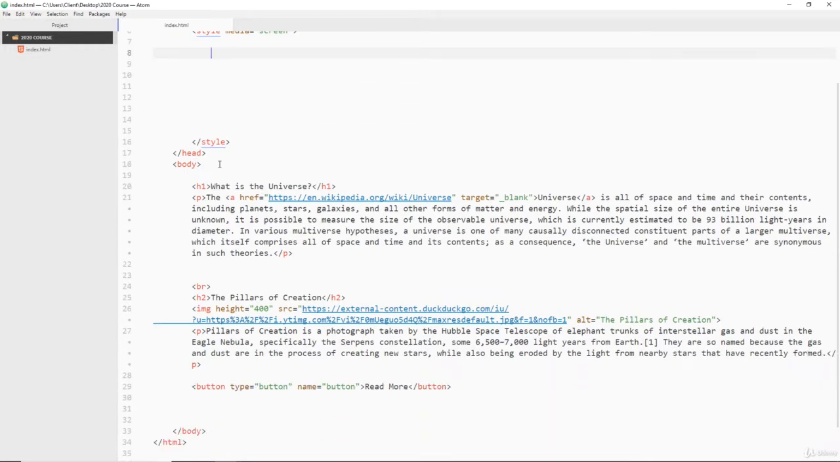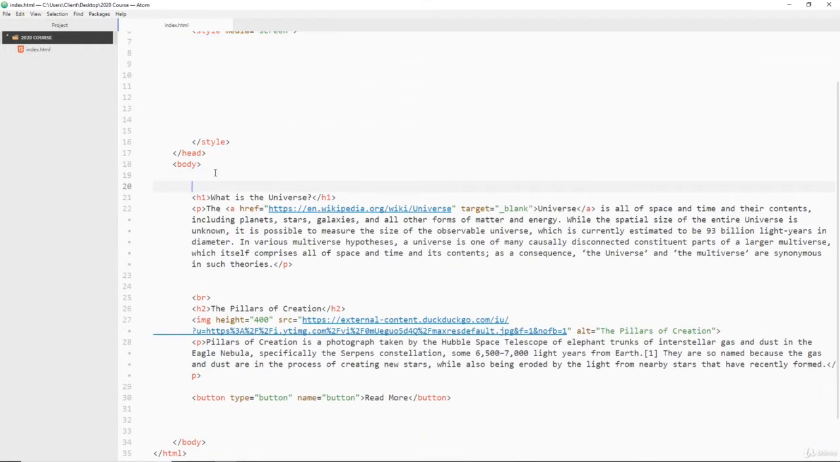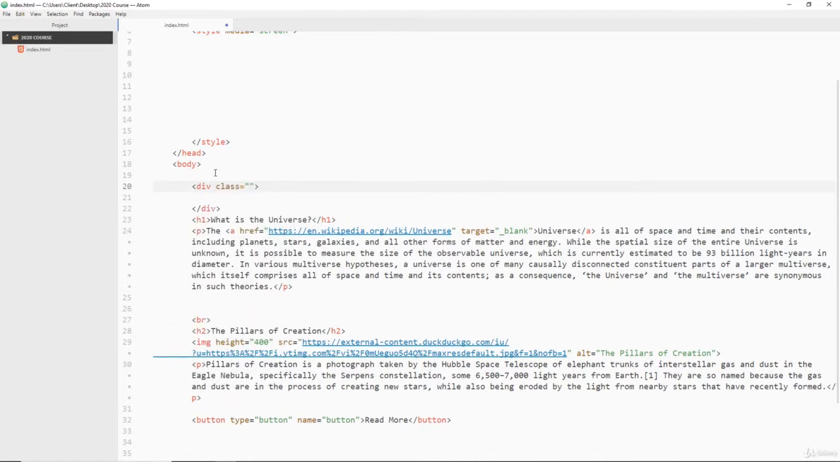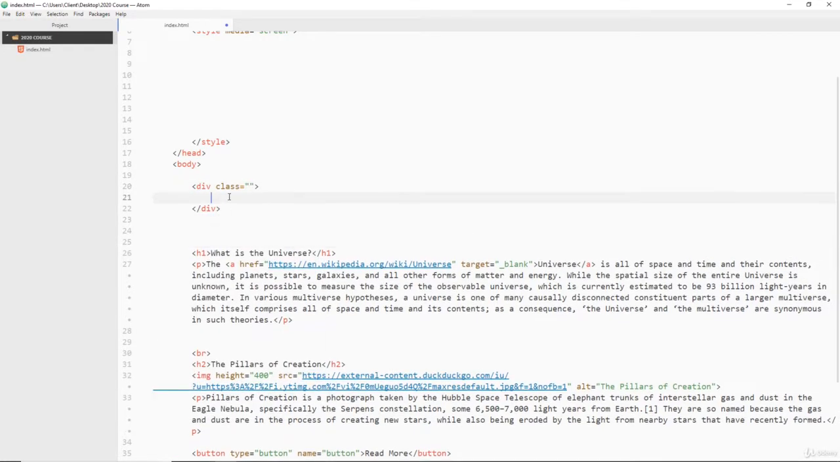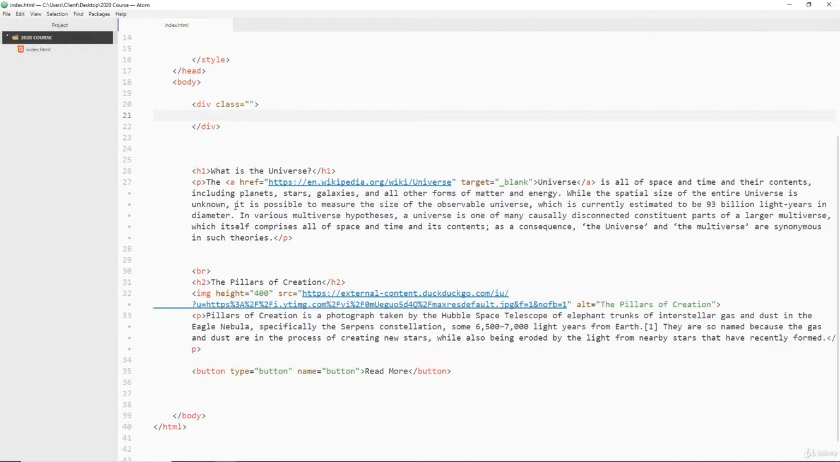Okay, so the first thing we want to do here to style this is let's make a div tag. Now a div tag, what is a div tag? A div tag stands for divider, and it's basically just used to divide your page into segments that you can style separately. So I just want to put everything in the div tag,